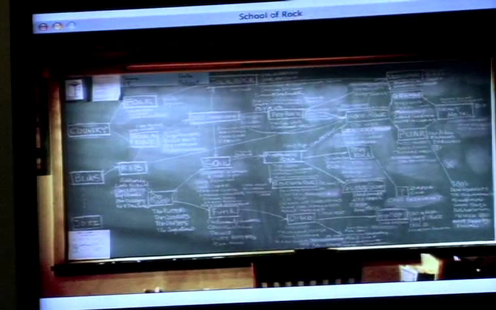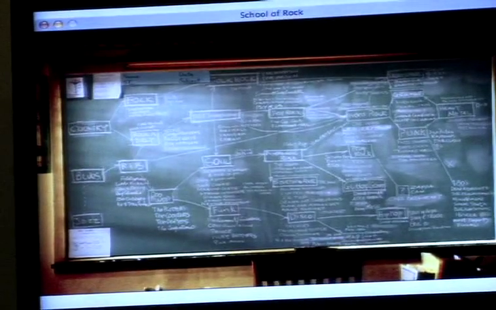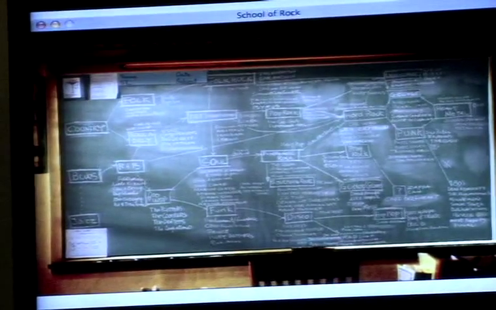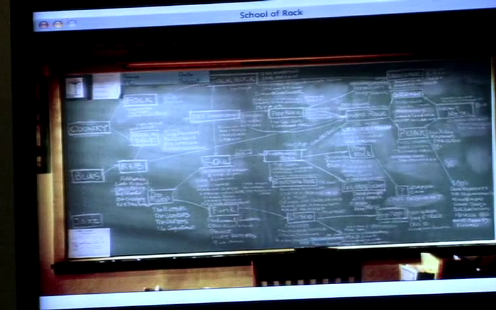This is a tree from the movie School of Rock. This is Jack Black's tree describing the relationship of rock music. And you'll see right here, if you can't see it, blues, country, and jazz are the ancestors of all rock and roll. And as you see it fall out here, you end up with things like heavy metal and punk and things like that. So trees are actually used in a lot of different areas.